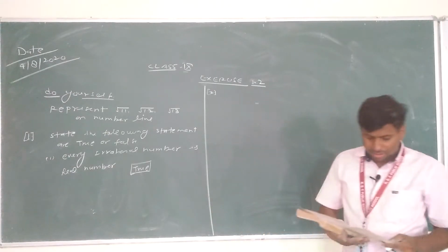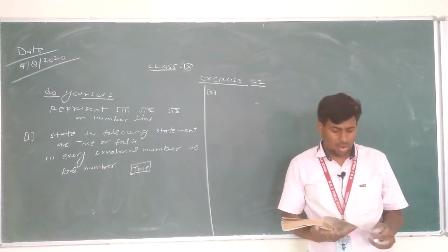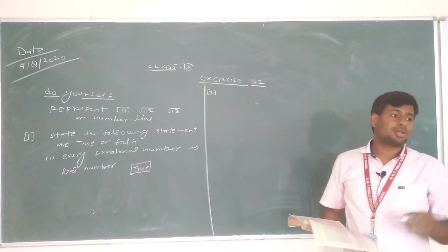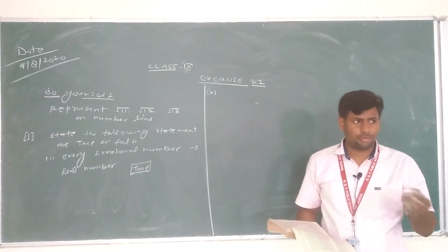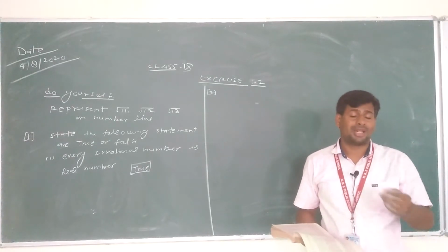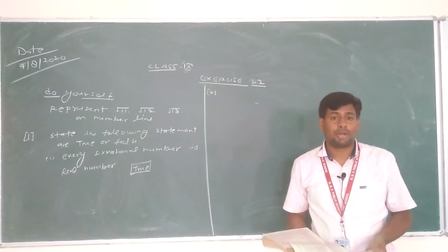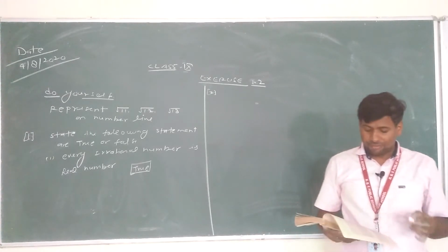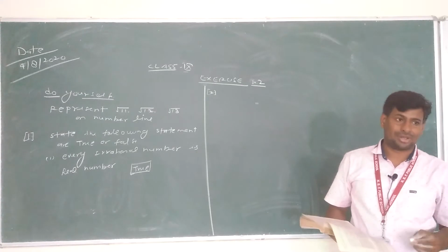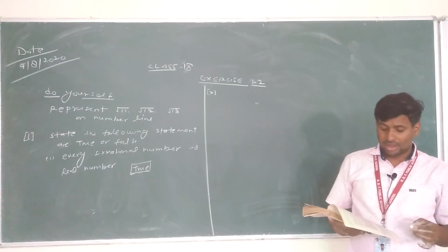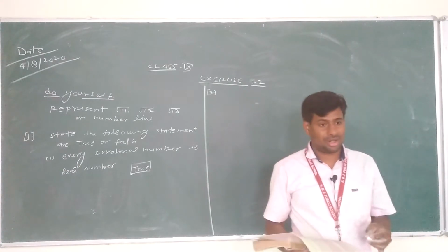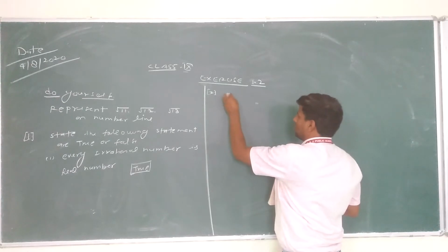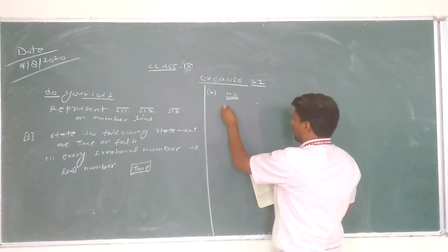What is given in question number 2? Are the square roots of all positive integers irrational? No. Why? Because if we write root of 4, it is a positive number, but we can take its square root, that is 2, and 2 is a rational number. So you can write that every square root is not irrational. It cannot be possible. What reason to give? It is no. Why no? Then you can write down.